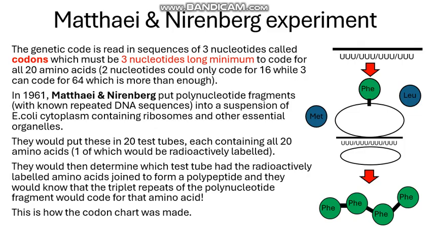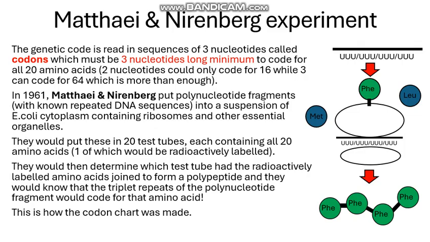So in 1961, Matthaei and Nirenberg put polynucleotide fragments with known repeated sequences into a suspension of E. coli cytoplasm containing ribosomes and other essential organelles. So the ribosome being this structure here. They put these in 20 test tubes, each containing all 20 amino acids, and they would radioactively label one of these 20 amino acids. They would then determine which test tube had the radioactively labeled amino acids joined together to form a polypeptide,